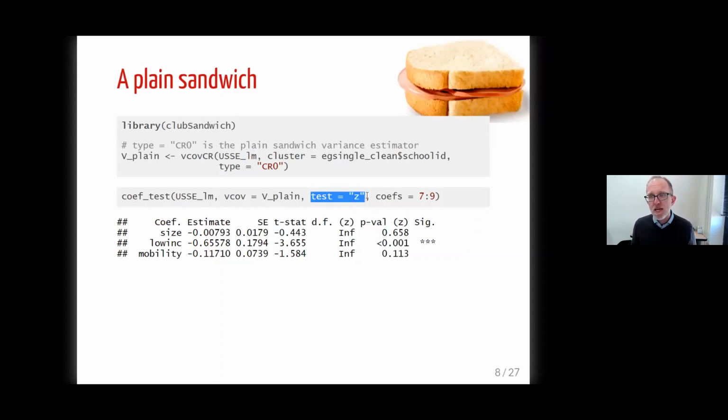Saying test equals Z just means I'm doing a basic large sample Z test. And coefs equals 7 to 9 means that I'm just going to look at the 7th through 9th predictor coefficients, which are school size, low income, and mobility, ignoring the other